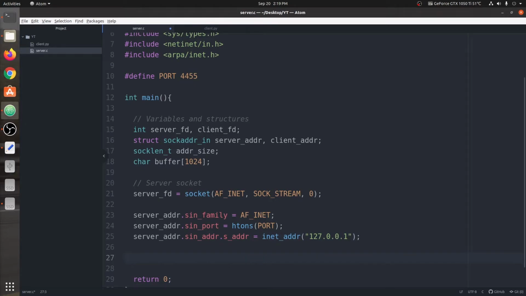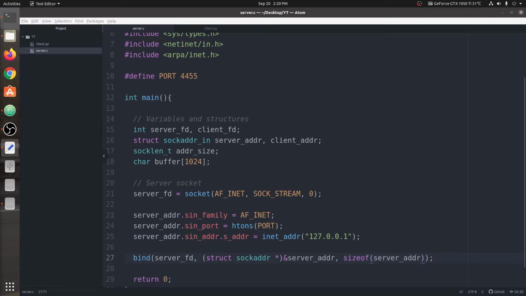Next we're going to use the bind function and bind the address with the specific port. Inside the bind function, it first takes the server file descriptor. Next it takes the server_addr, which has all the values which we have filled inside it. Next it takes the size of the server_addr structure.